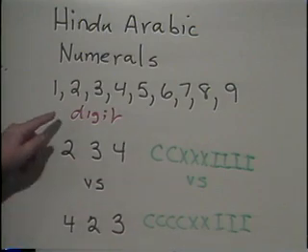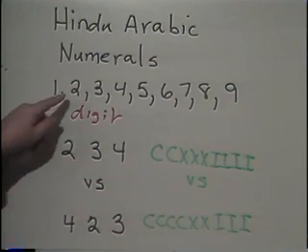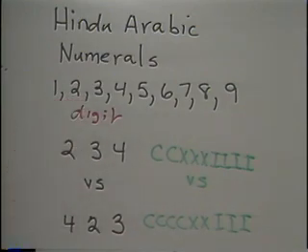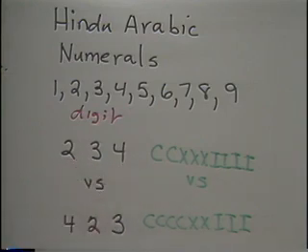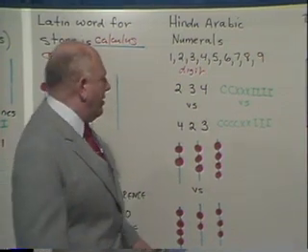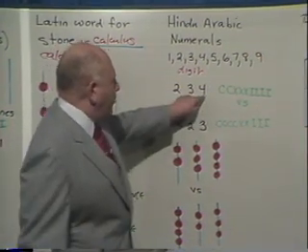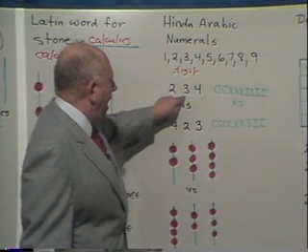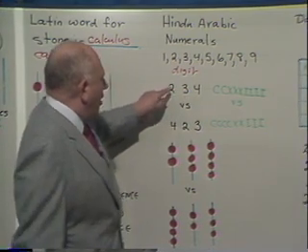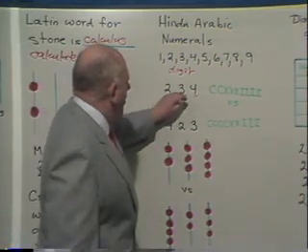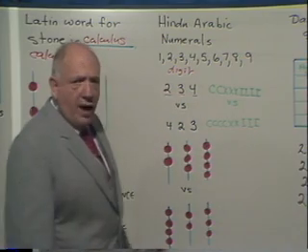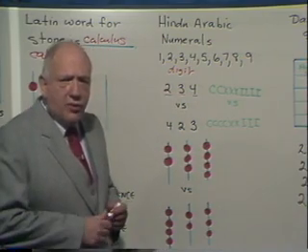Now, basically what they did was, you say, well, this is strange. These digits don't look like the numbers they represent. They're not supposed to, any more than the X looks like 10. What was amazing about this, though, was that each digit, by virtue of where you placed it, named the denomination. The digit furthest to the right was the ones, the next digit was the tens, the next digit was the hundreds. So when you wrote 2, 3, 4 this way, it was 4 ones, 3 tens, and 2 hundreds. We would read this as 234.